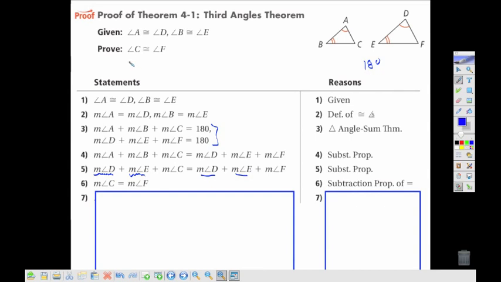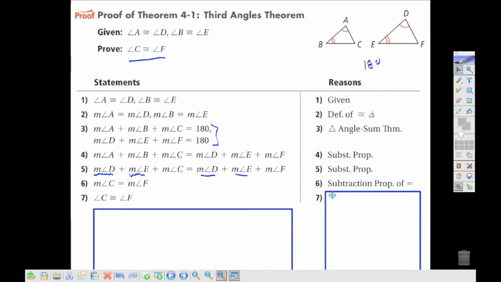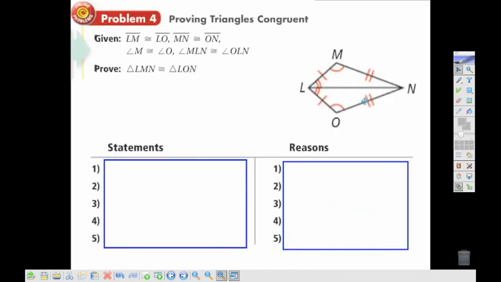Now our proof has to show they're congruent, not equal, so we do need to go one more step, change those measures being equal to each other to showing that they're congruent to each other, which is again a definition of congruent angles. Now we can use that. If we know two angles, we know that the third one is also congruent,